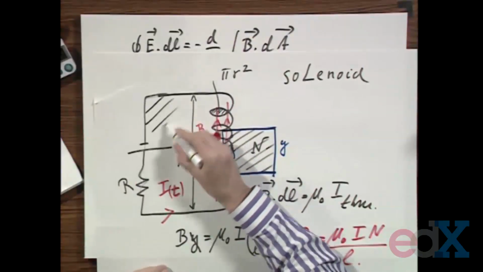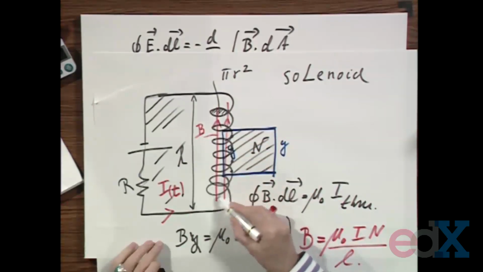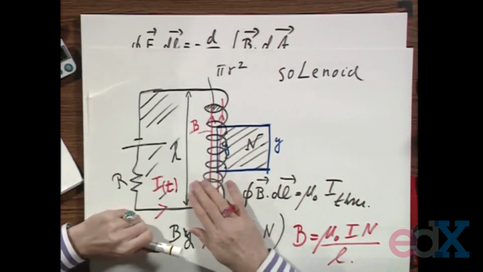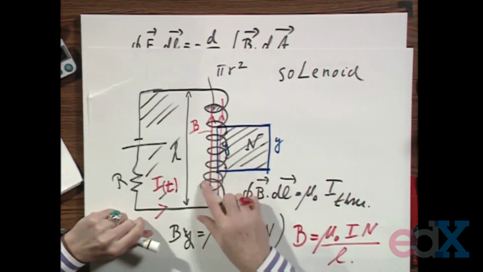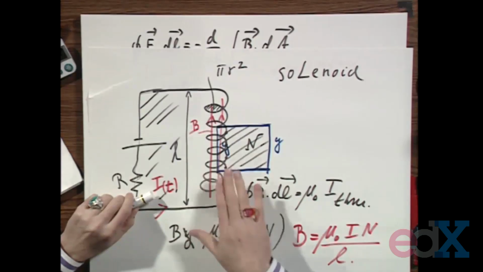But now you have to choose a surface which is attached to this closed loop, and that is very hard to imagine. And the way I normally do this when I lecture 802, I dip this whole circuit in soap. And when I dip this in soap, you get a soap film here, but you get a very peculiar staircase soap film in the solenoid. The surface of the soap film is like the surface of the staircase of a spiral staircase that goes up. I have a soap film here, a soap film there, and the soap film rotates around,